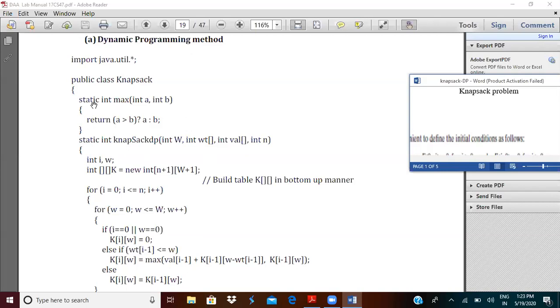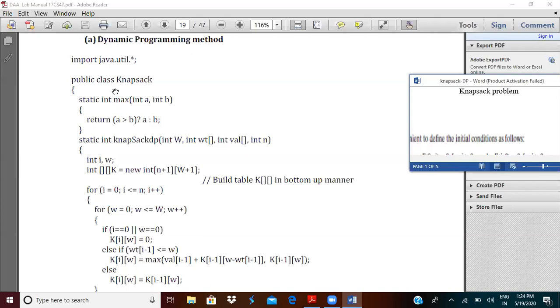If we have to call any static method, we are not supposed to create an object of the class where those static methods are residing. Static methods can be called without creating an object of the class they are present in.